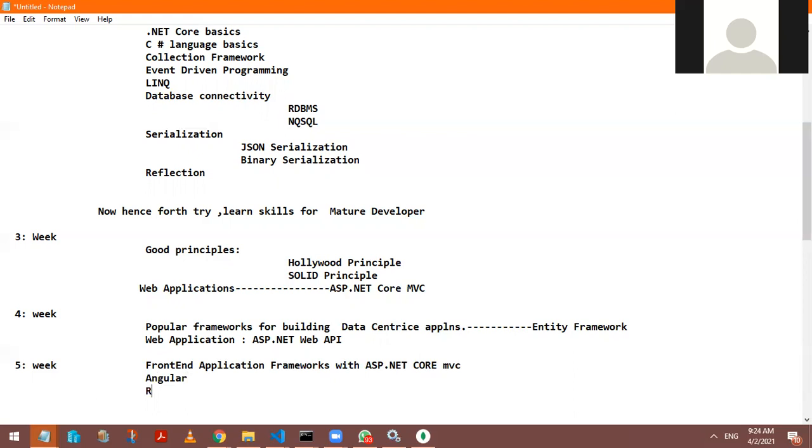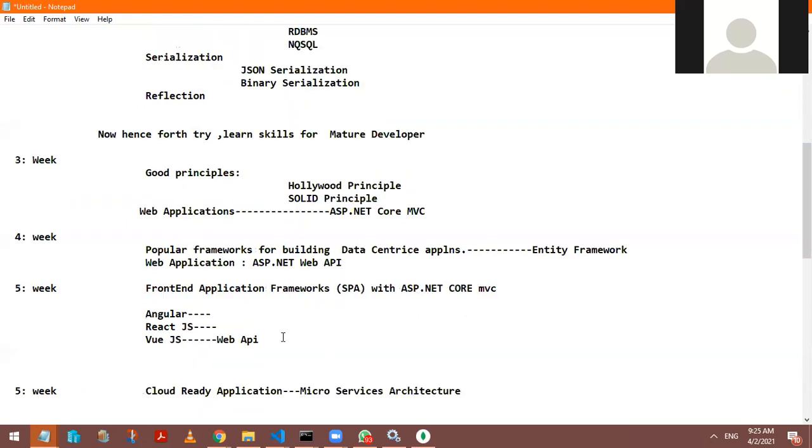How can we write your application where we'll use React.js, and React.js will communicate with the Web API as a front end? Or can I go back to this area and use something called Vue.js, and using Vue.js I will call the Web API internally and make my single page application. What is the concept I'm using here? My week 5 is focusing on front-end application frameworks, which you call SPA, single page application frameworks, with ASP.NET Core, where we'll see JavaScript frameworks called Angular, React, and Vue.js used for connecting.